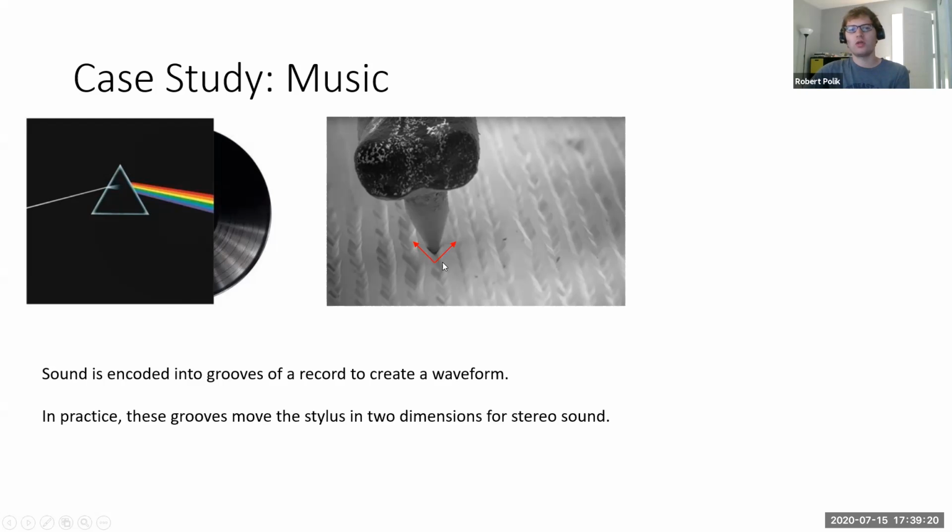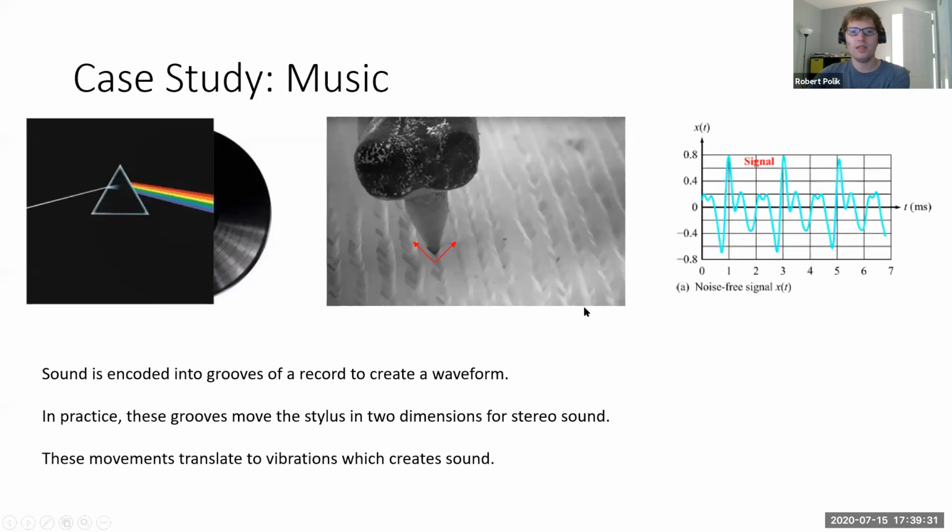The way your needle moves in this direction is left, and the way your needle moves in the other direction is right. So if you were wondering how they encode stereo sound on records, that's how they do it. And what you get out is a signal. This signal right here is pulled from the textbook. It is actually what a trumpet playing a B note sounds like. It's not just a sine wave, because it's not playing an exact B note. In fact, we can figure out what's going on here.